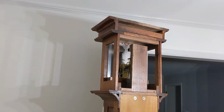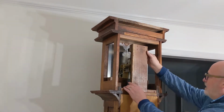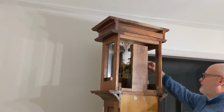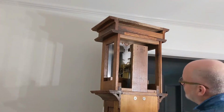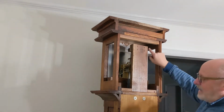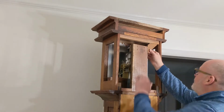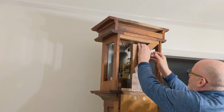So I'm working on this grandfather clock, and I noticed the sound board here is not very stable. It moves around, and that will affect the alignment of the hammers for the chimes and the quarter tones. So I'm going to add some spacing in here. I'm going to add these blocks in here and tie the soundboard to the head of the clock so it